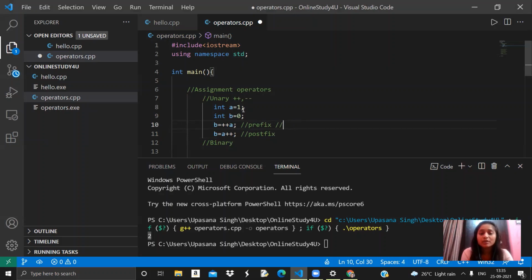Since a is equal to 1 and first the value will be incremented, the value of a will become 2, and now it will be used, so b will become 2, right? Whereas here, the value of a was 1 and we are writing b equals to a plus plus, and since the value will be used first and then incremented, b will be equal to 1 and then the value of a will be incremented. Let's see each one of them one by one. I'm commenting this out for now so that we can see the results one by one. Let's see the result for prefix first and let's see the value of b.